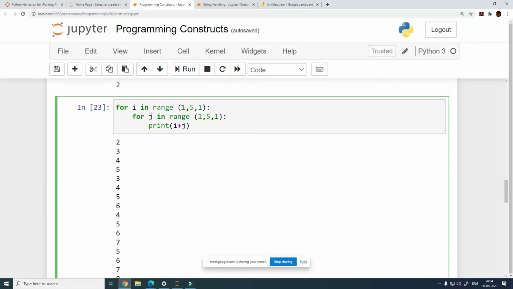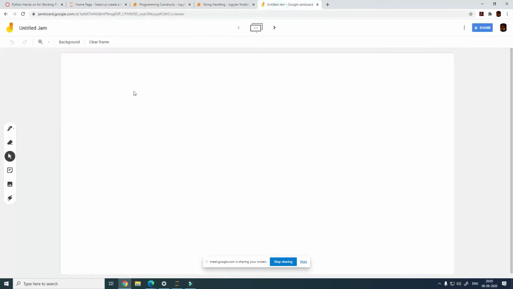This is going to run for the value of i, which starts from 1. Then the step size is 1, so it is going to change to 2. It is going to run for 3 and 4. Since 5 is the value where the loop terminates, it is only going to run from 1 to 4.